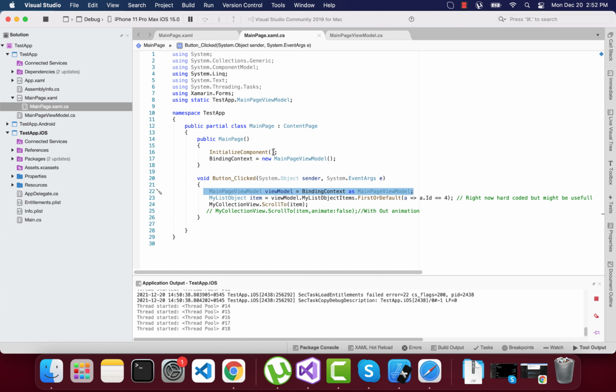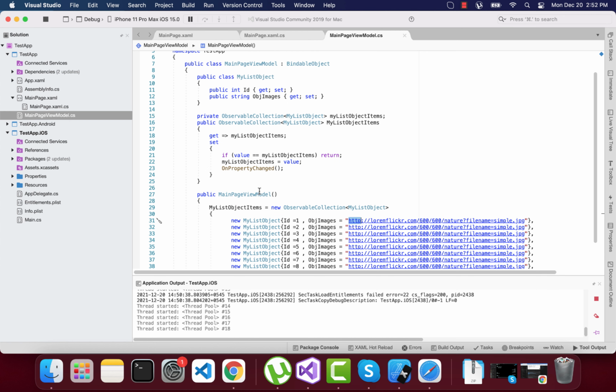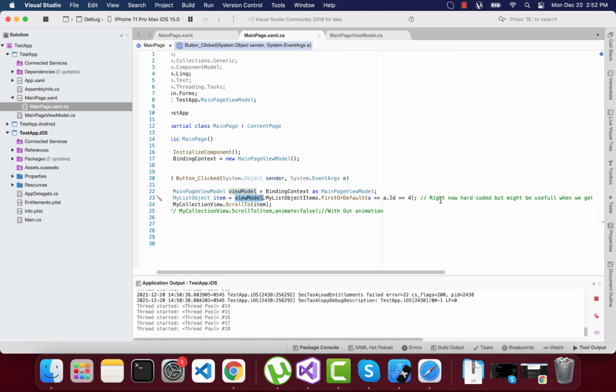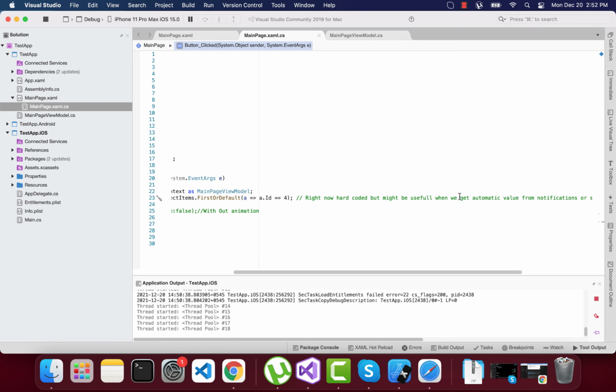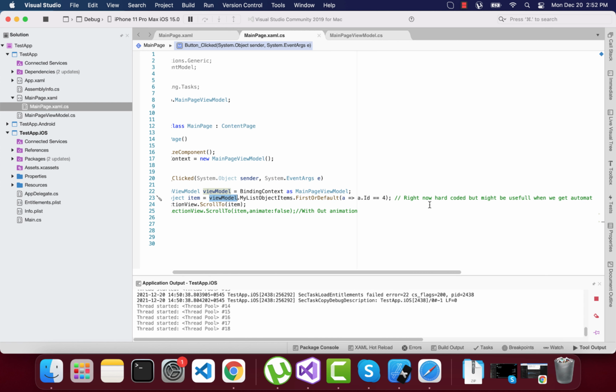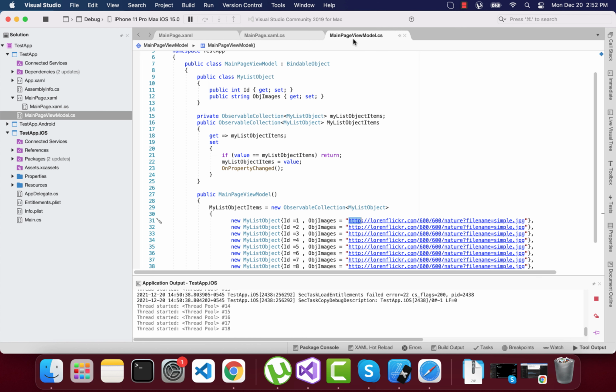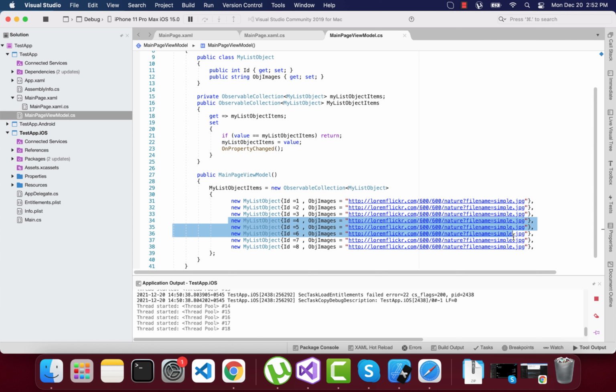In order to call our main page view model list, we will use this way to create one object which calls this list item. Here the view model is going to call the list from the view model's class, and then this object is going to call our list first item where the id is going to be compared, and this id might be coming from the API or the push notification. Then as soon as we compare our list item with the id that comes from the external source, the scroll to property of the collection view is going to scroll to that compared item with that specific id.